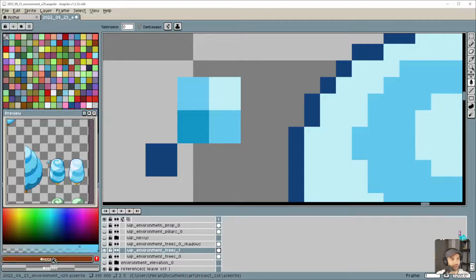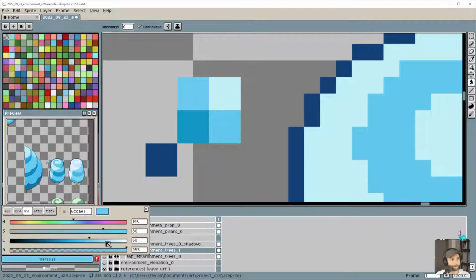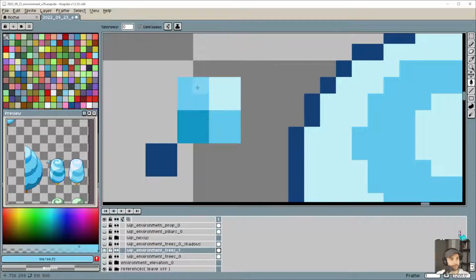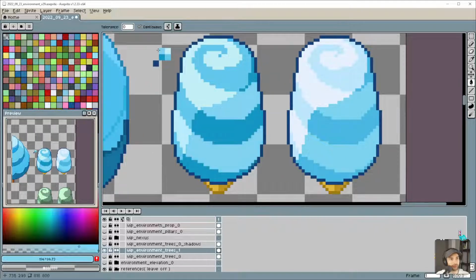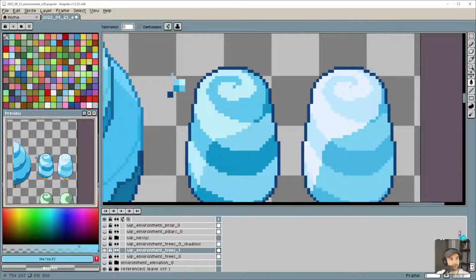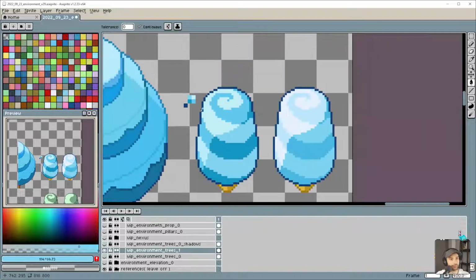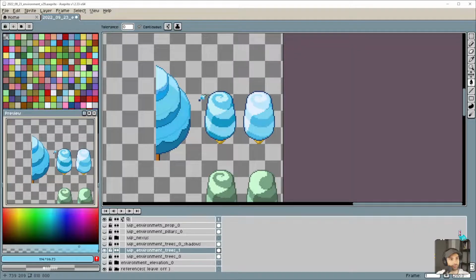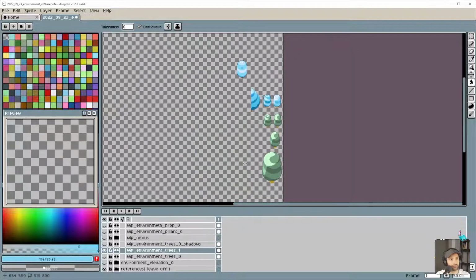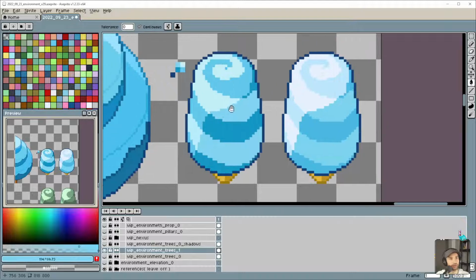So it needs to be quite a bit lighter. That makes more sense, I think. I think that's good right there.